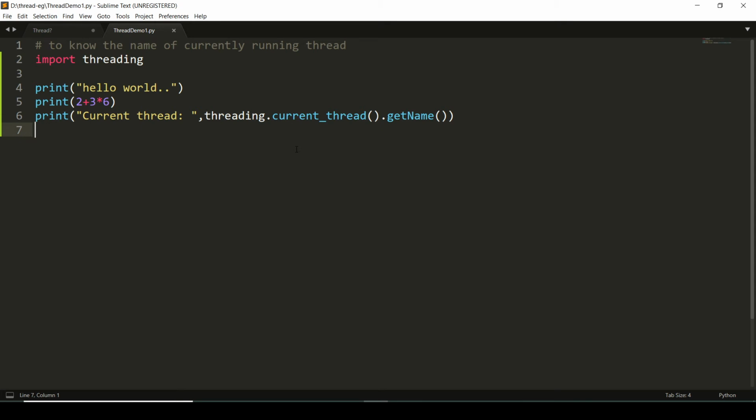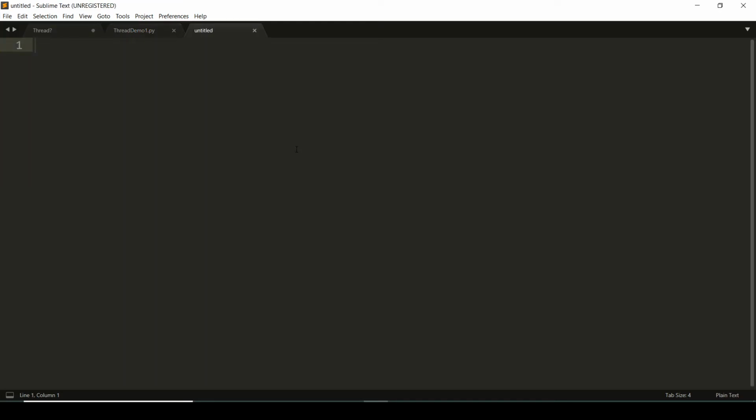But this is a built-in thread which is always running. What if in a program we need to create our own thread? There are three ways to do it. I am showing you the first way here. From threading import *. So, creating a thread, way 1.